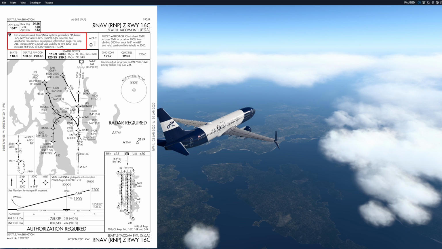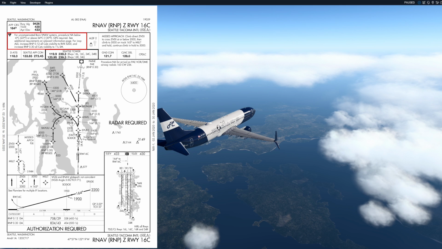So what that is saying is that if you don't have an uncompensated barometric device, and that means, barometric, we're using inches of mercury in a barometric device, so you're actually using mercury to determine the temperature. And once you get below 6 degrees Celsius or above 54 degrees Celsius, your accuracy starts going off. And so if you don't have a compensated barometric device in order to compensate for that, you can't fly this approach. Now, I could be wrong, but I'm pretty sure the 737 has a compensated baro, so you should be